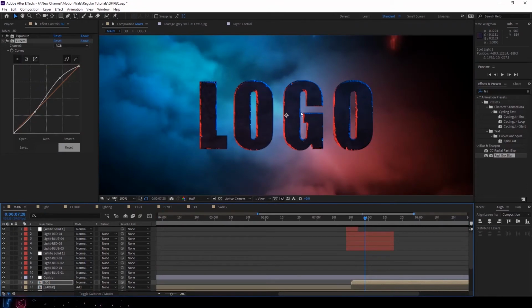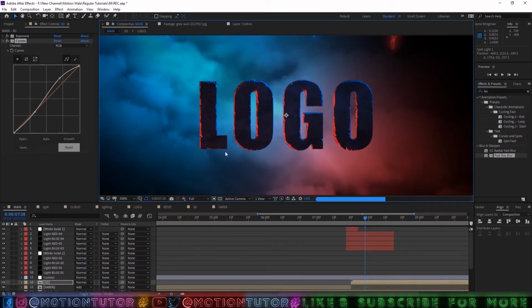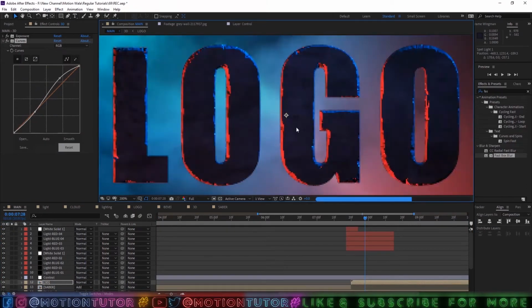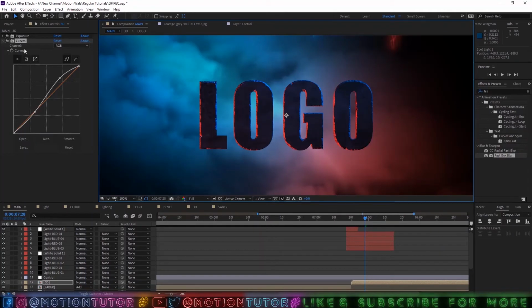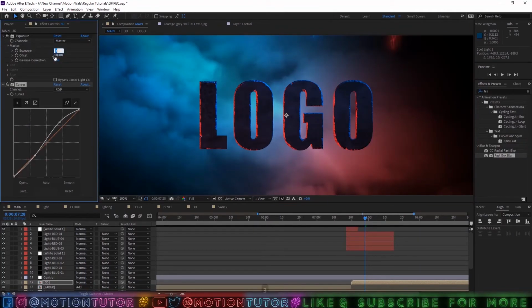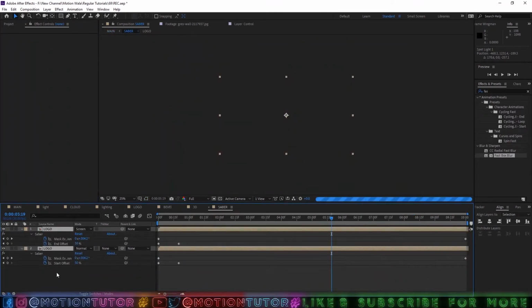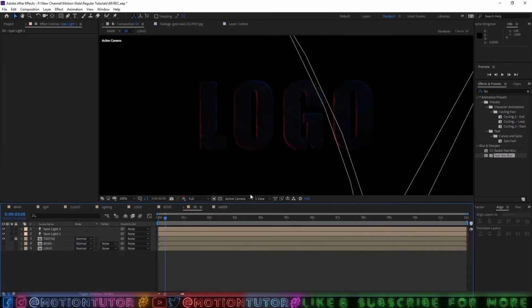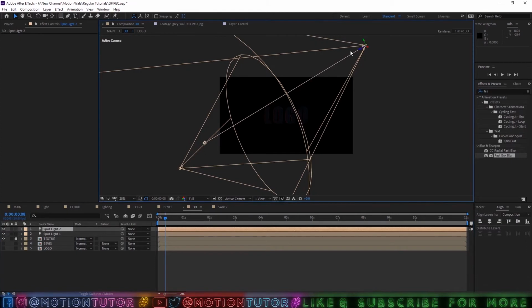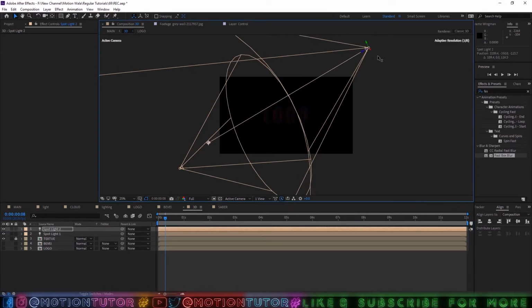So let's come to our main comp. Yes, now it's looking a little bit more reddish, but wait, I will load it in full resolution. Yes, it's okay, but we will change the exposure a little bit down because it's very high. And we will go to our Saber comp, not Saber comp, our 3D comp, and in this light we will change this position